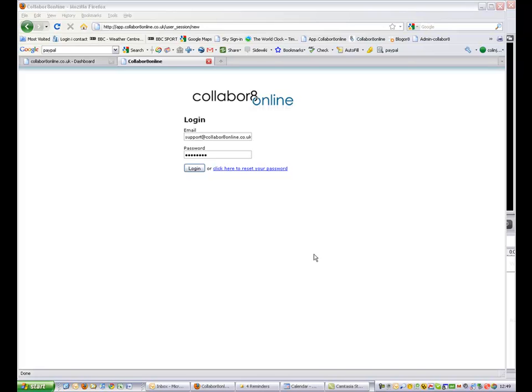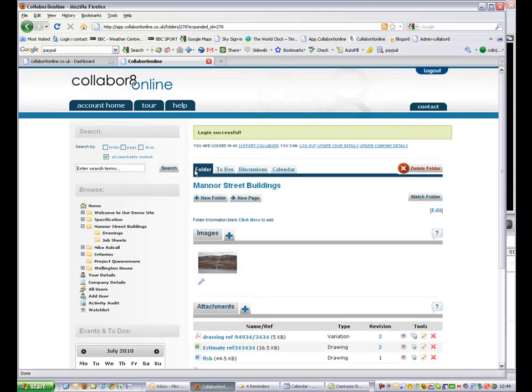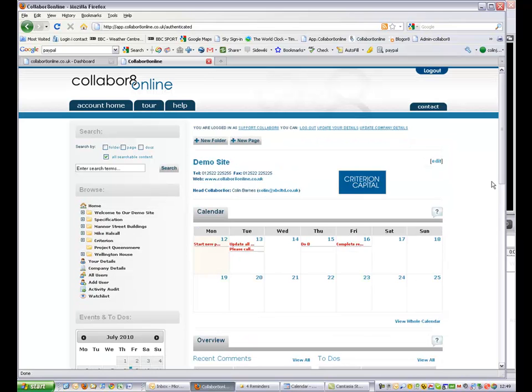Here's a quick look at Collaborate Online and how you can handle tasks. You log into Collaborate Online with an email address and password, and that gives you access to the secure folders that you've been authorized to view. If I log into this site here and we immediately go to the home page, we can see that the